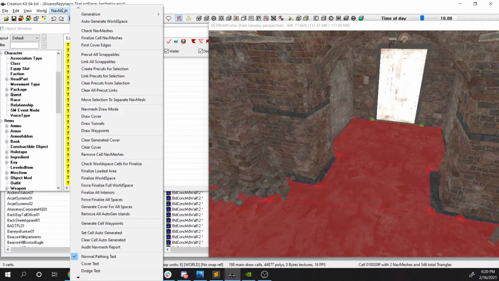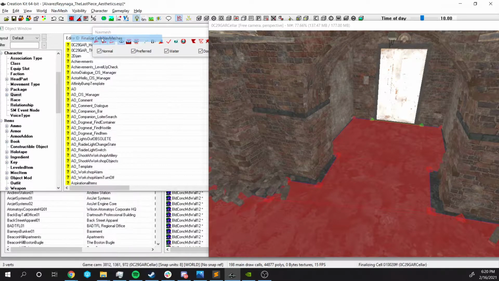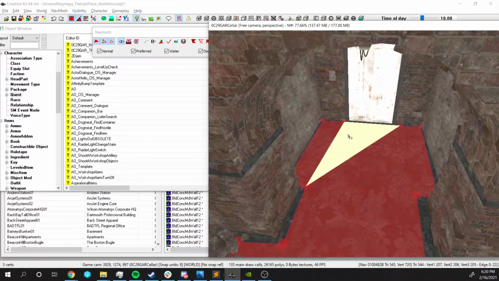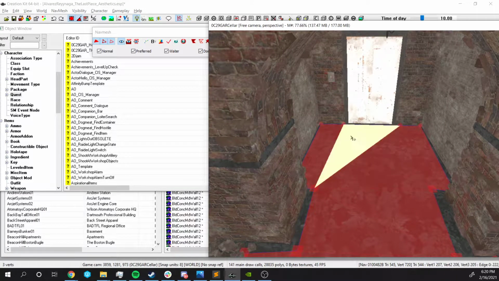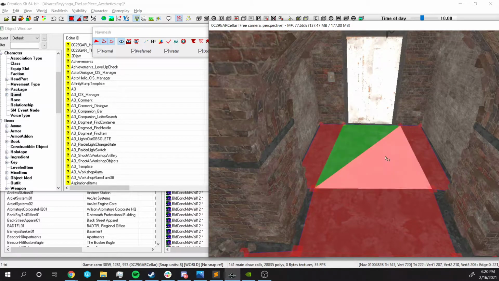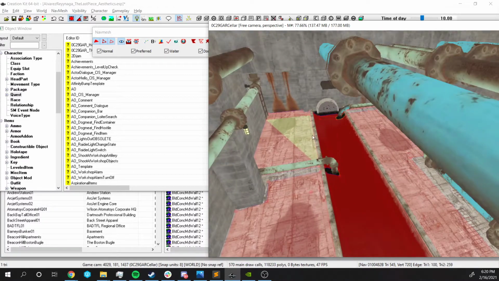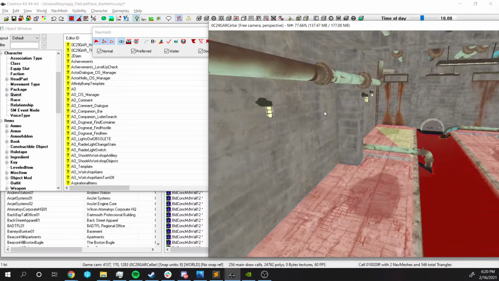Nav Mesh and I click on finalize cell nav meshes. And as you can see, Creation Kit automatically looks for my doors and tries to find the nearest face to create those doors. Or in this case, the portal, sorry. Another example is here. In this area, I have